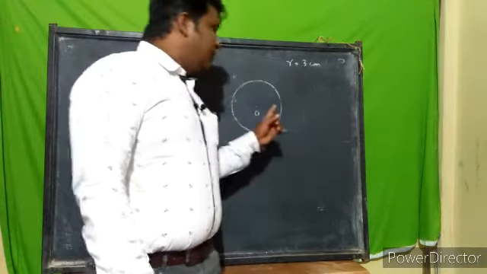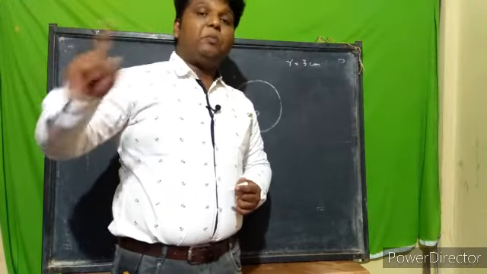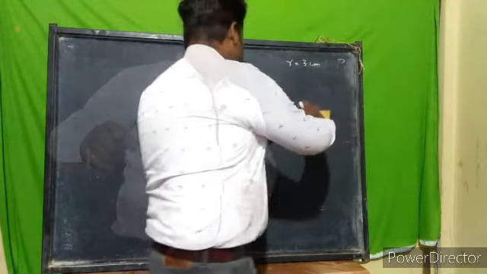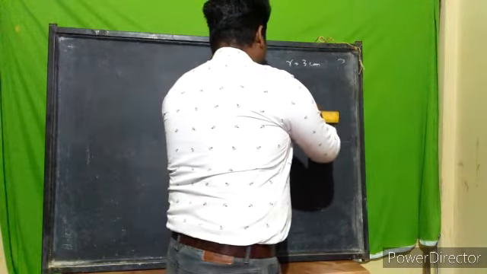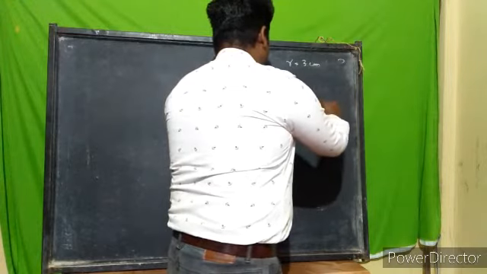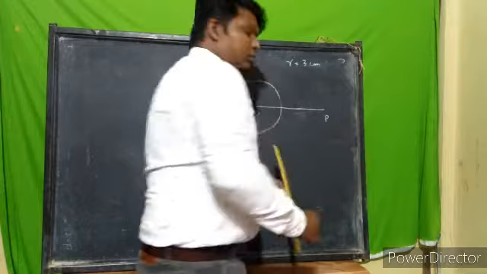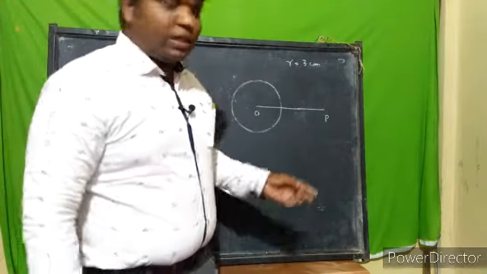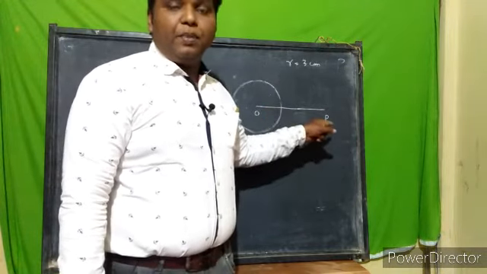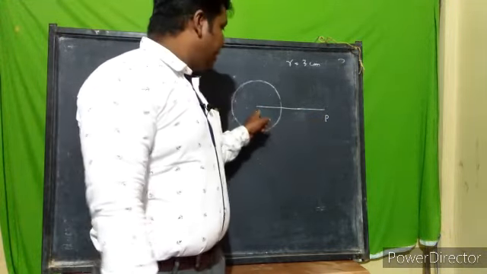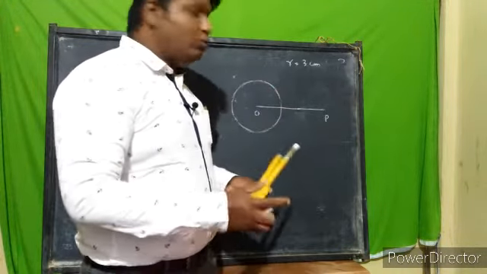Here, just imagine your question is given like this. Draw a circle of radius 3 cm. Take a point P. Okay, so your question is like this. A center with radius 3 cm. Mark a point P 7 cm away from the center. So you are taking 7 centimeters away from the center. You mark the point P using the center. Okay. Now how to draw a tangent from P?